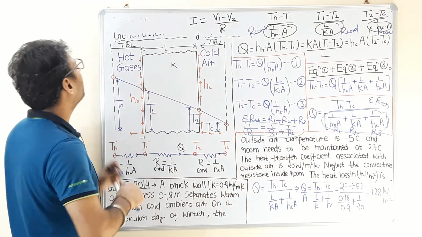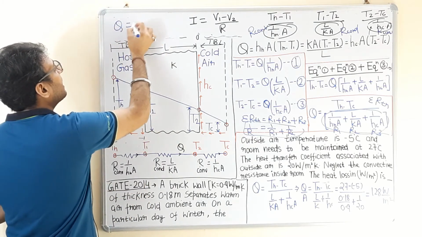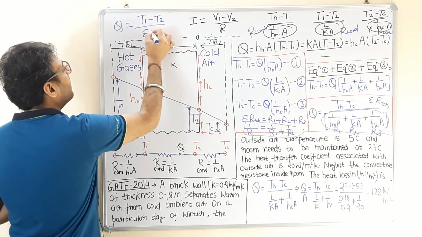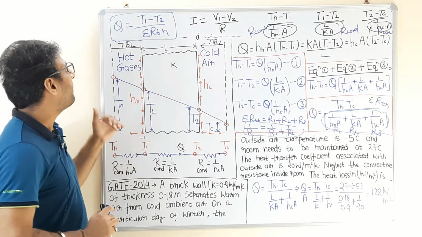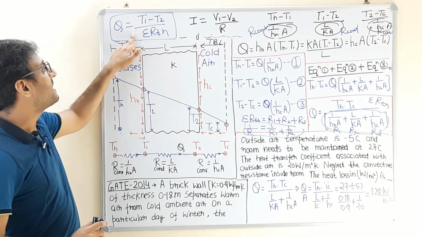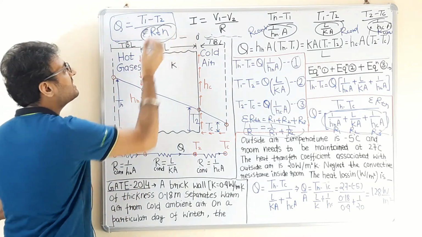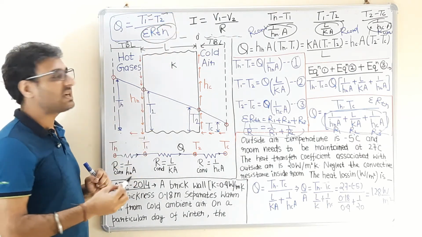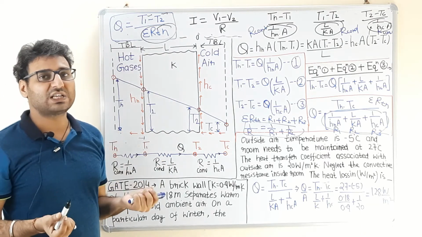So for the conduction problem, heat transfer rate is basically given as temperature difference divided by thermal resistance. So our basic method to determine the heat transfer rate in a heat conduction problem is to determine the value of thermal resistances between the points which we have considered, substitute this value in this equation and determine the value of heat transfer rate.